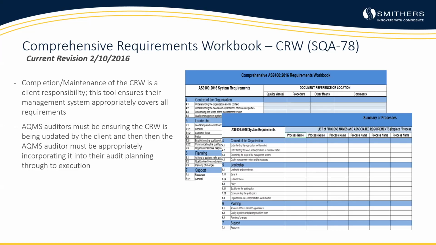I think we should not make the assumption that just because we think we know what the process should include, that that's actually what it should include per the client. We have incurred issues with that at times, where maybe the auditor made an assumption that by virtue of the process name being production, for instance, certain clauses were included, but that's not always the case, because as we know, our clients have the ability to identify their processes. That's not our job to identify what's inclusive within a given process. That is the client's responsibility. So again, very important to consider the CRW as an input into your audit plan.